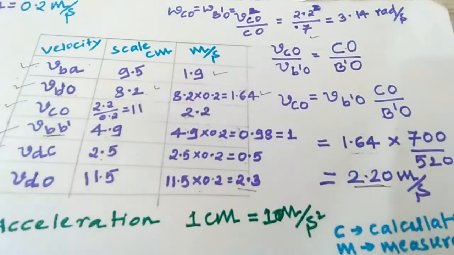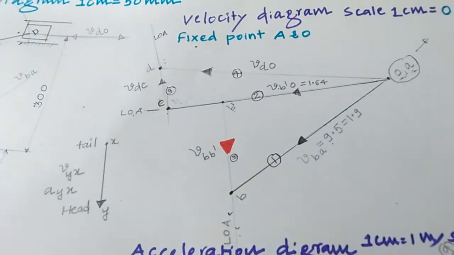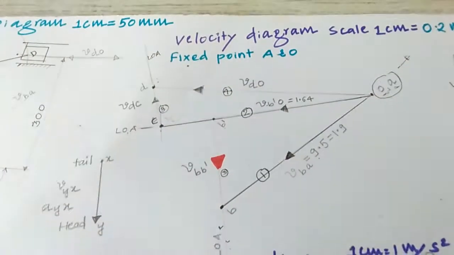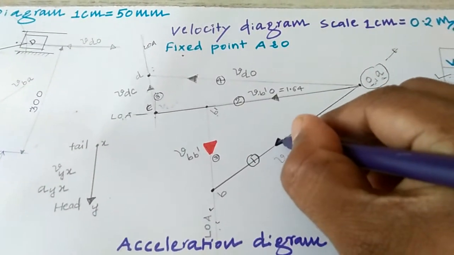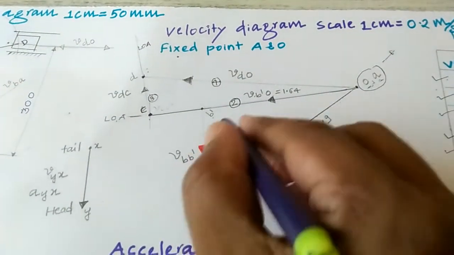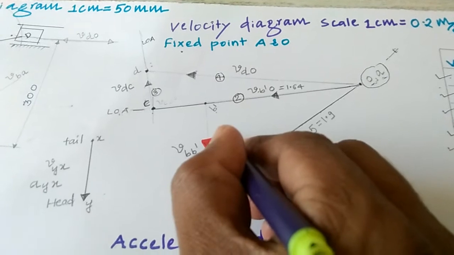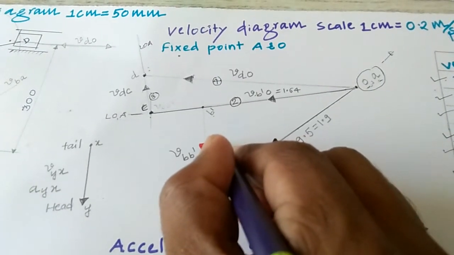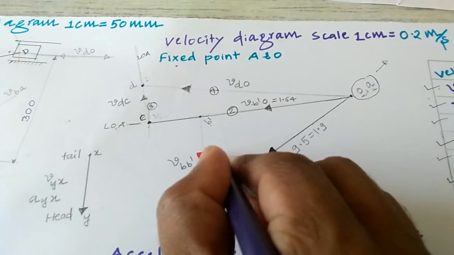Okay, I hope that you got it. One more thing here, I'll go to the direction, this is an important one. How to go for the direction? Initially I have taken this one, you mark it, downward direction. Then here I have taken from B dash to B. This I have written in red. I'll explain this properly. You need this concept for the Coriolis component.